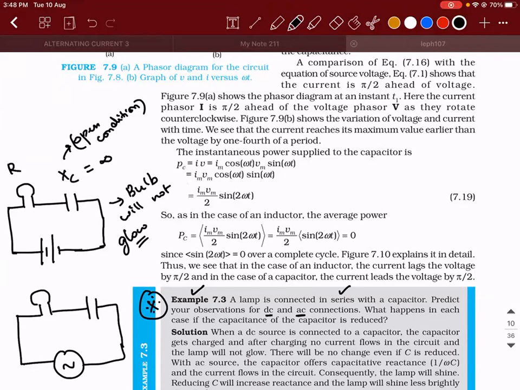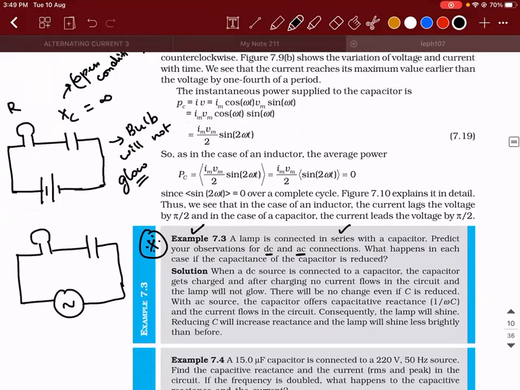So I have a doubt, sir. Tell me. Initially, it will glow until the capacitor is charged, right? Yes, initially it will glow but till the capacitor is fully charged. After it is fully charged, it won't glow. You can only see a little bit of flash and it will go off. That's what will happen in real time. Okay, sir. And they asked a sub question also. What will happen if the capacitance of the capacitor is reduced? In the case of a DC source, there is no effect of the capacitance at all. So what is going to happen whether you decrease or increase? Nothing. No change will appear.